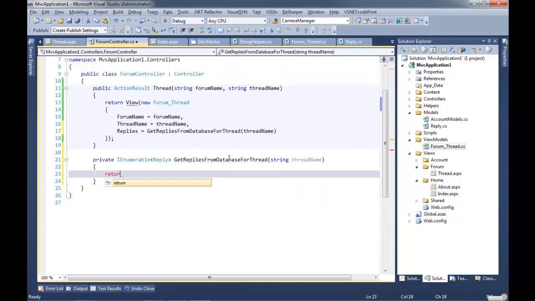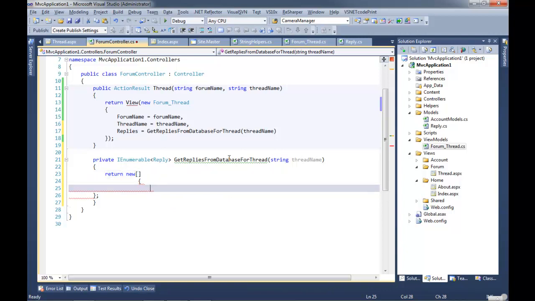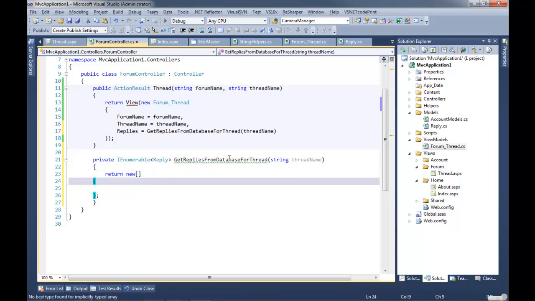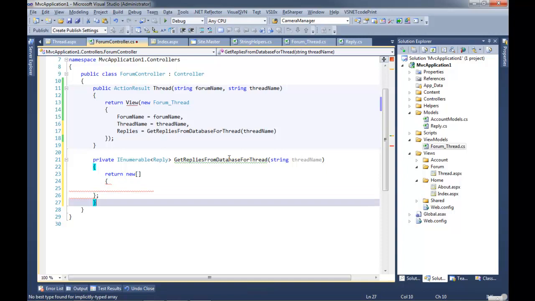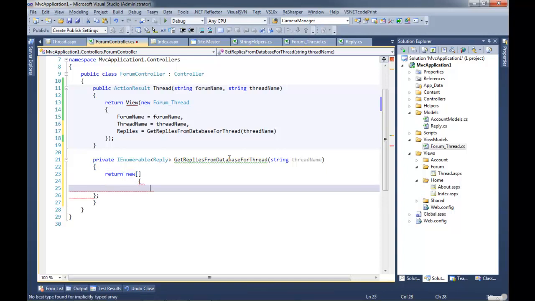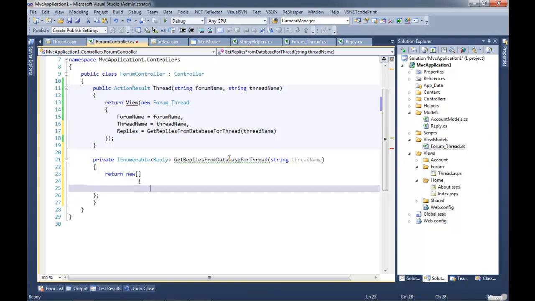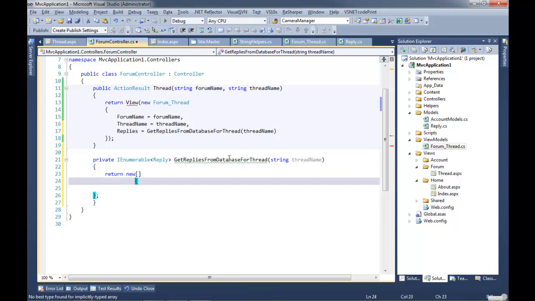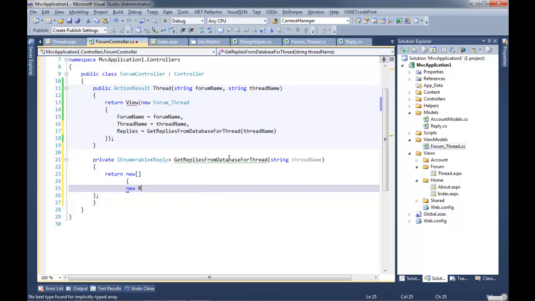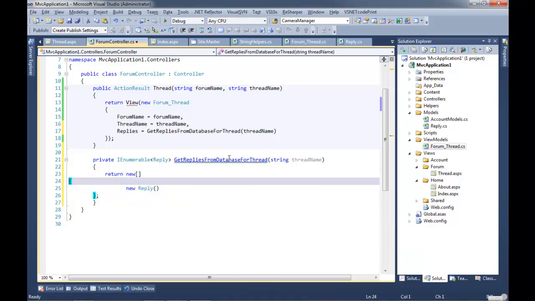So then we need to return a new instance of a reply array. So we're going to use this implicit array constructor syntax, if ReSharper can stop this whole formatting mess. I don't even know why that happened, but there we go. It's closer, but it's going to do that. And the reason is because it's actually invalid. So let me make this valid real fast so that ReSharper has an easier time of not screwing with me.